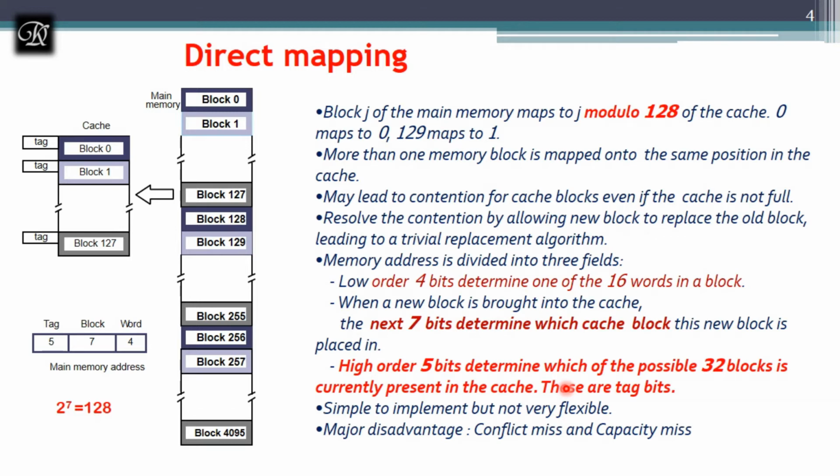So here the high order bits of the address are compared with the tag bits. Whenever a processor is requesting a block, it's going to generate a 16-bit address, and out of that it will take the first 5 high-order bits and compare them with the tag lines over here. If those tag lines match, then that respective block is available in the cache.